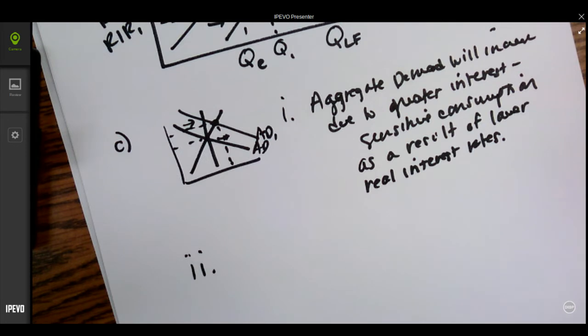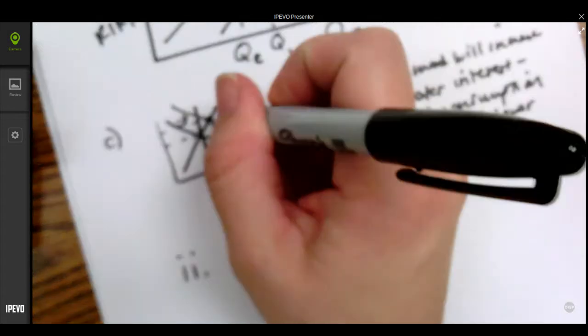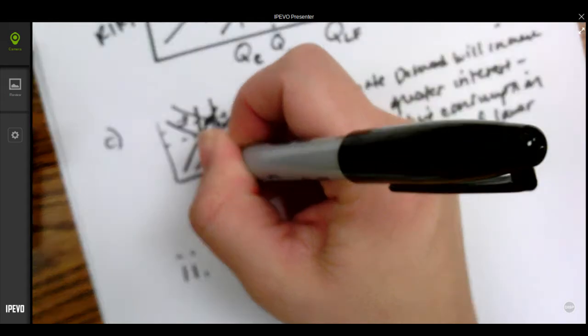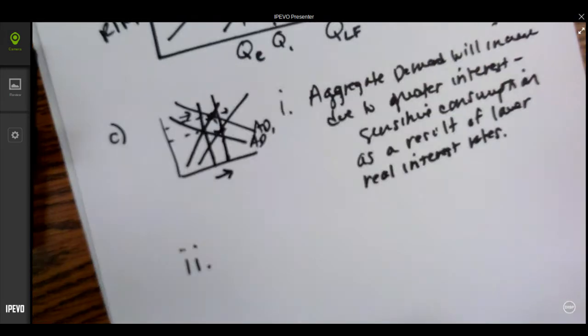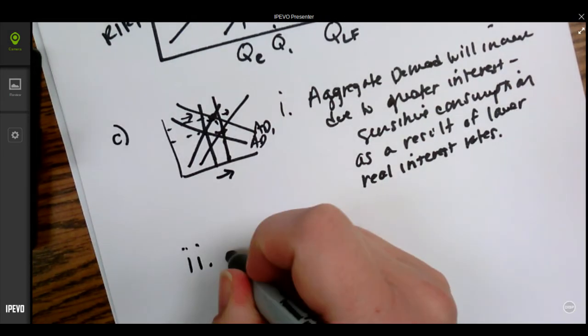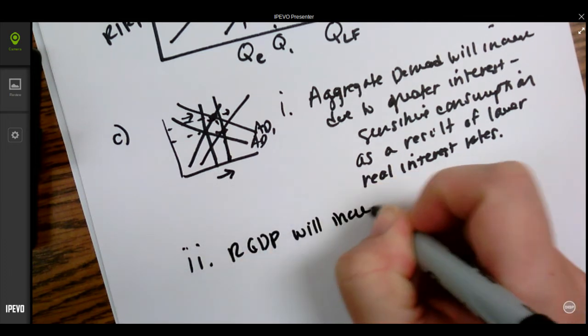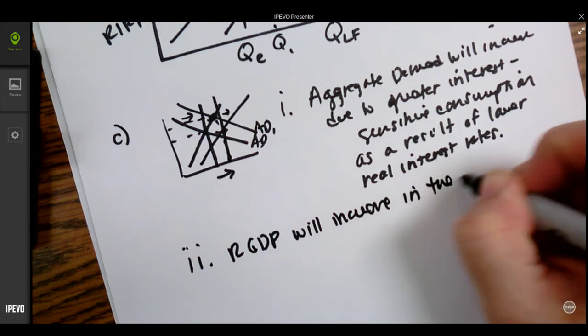As a result of that, you can envision that that capital investment is going to increase productivity and therefore short-run aggregate supply would shift to the right. And ultimately, we could see that long-run aggregate supply over time shifting too. So the long-run impact would be that real GDP will increase in the long run